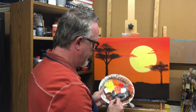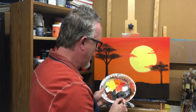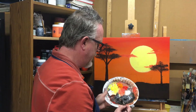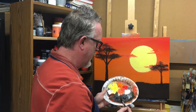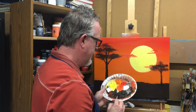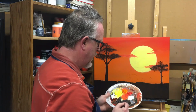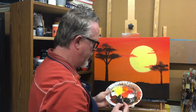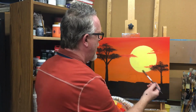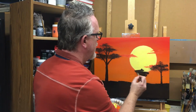So mixing that together, the black just darkens it up. To me, you could use straight black again, but by using a little bit of something else in with the black, it just keeps the black from being so cold and somewhat of a dead color, I guess. So I always like to mix a little bit of color in with the black, and not use the straight black. So all right, we just need to paint in the elephant,